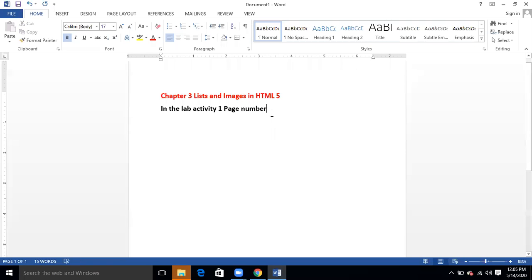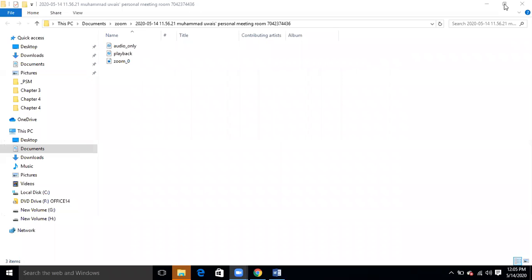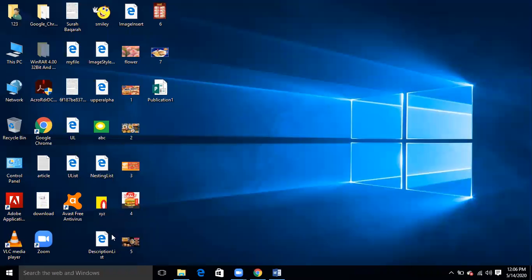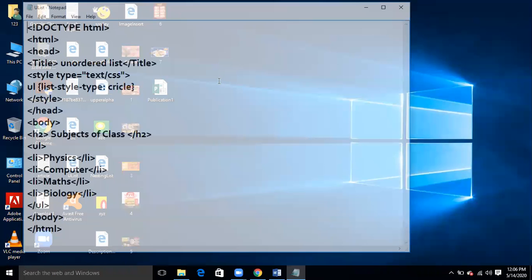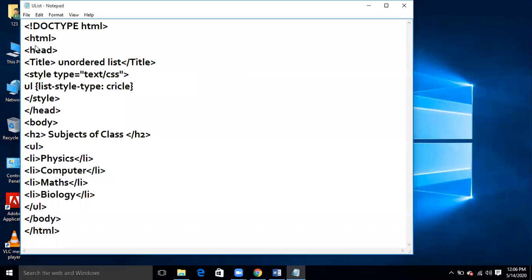Okay, the teacher has given the assignment to Danish to create a web page in order to display the list of books. Books की list जो है वो display करना है. And how this job will be done, basically, this is the topic. So for this purpose, I am going to create an unordered list. As we know, whenever we create an unordered list, I am going to type the code.